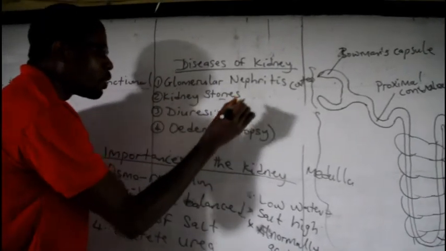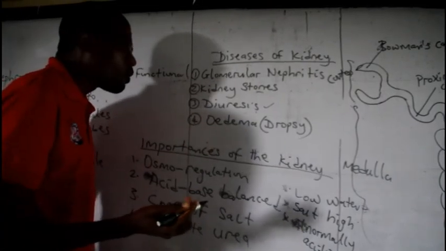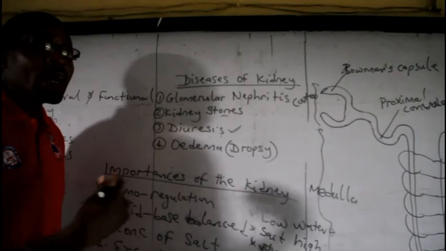Now let's go to the third one. We have diuresis. Diuresis is a condition where you drink a little water, and when you are urinating,